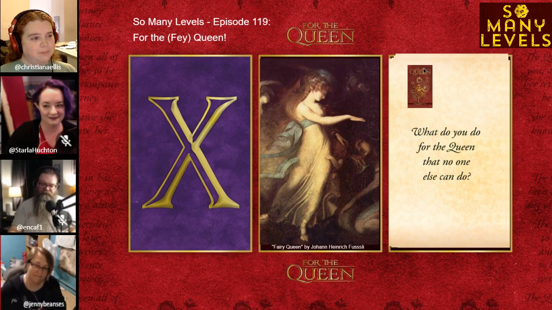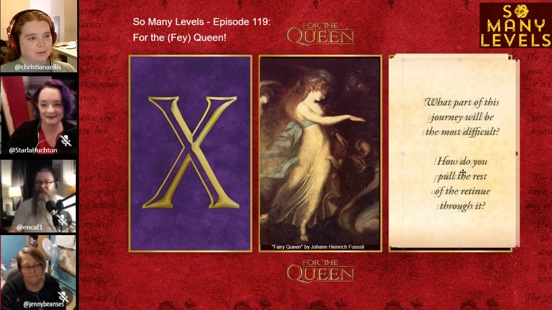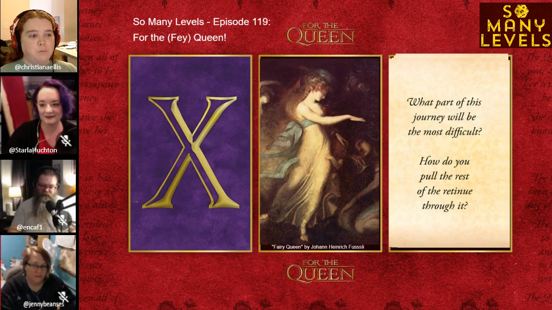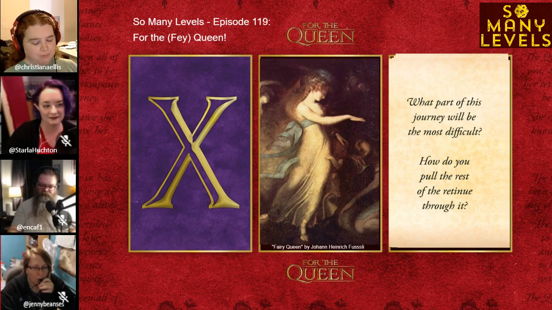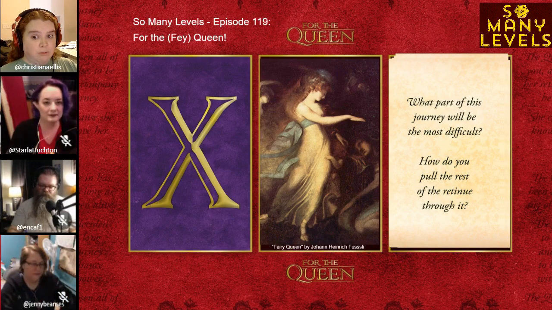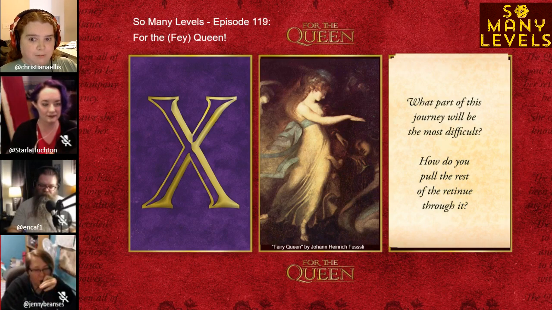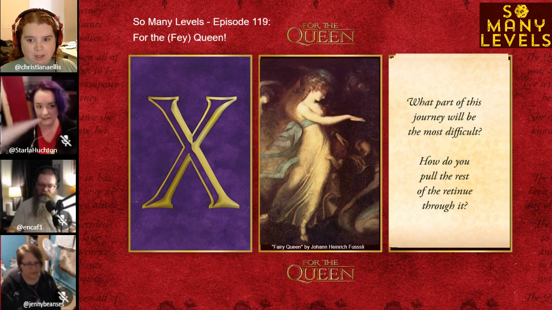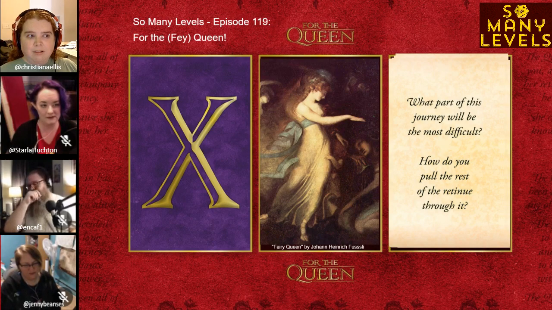Drawing another card. What part of this journey will be the most difficult? How do you pull the rest of the retinue through it? Our journey to the Twilight Court involves passing through many dark recesses of the Feywild. Not all parts of the Feywild are as bathed in the glorious radiance of Queen Solomonia as our home in the Dawn Court, and this is a pain to experience for many who are